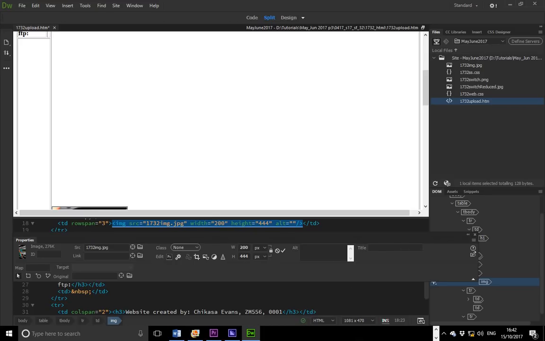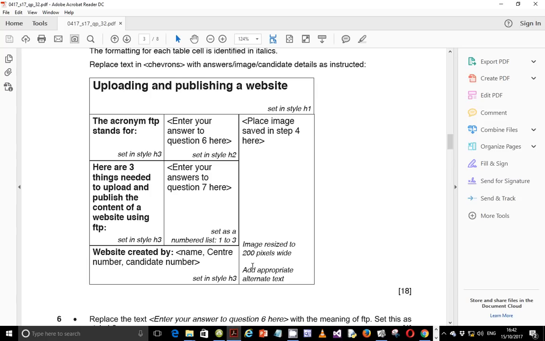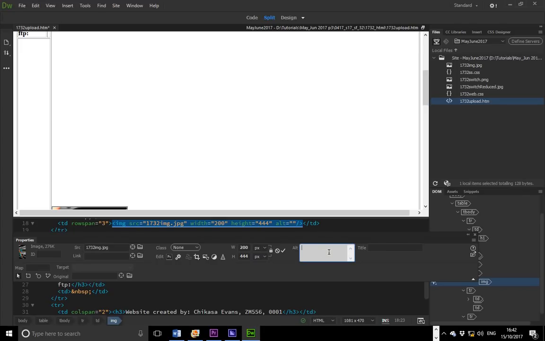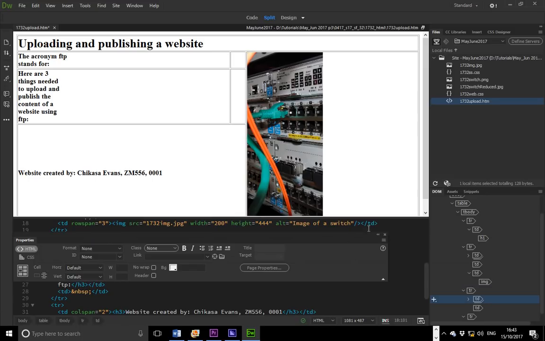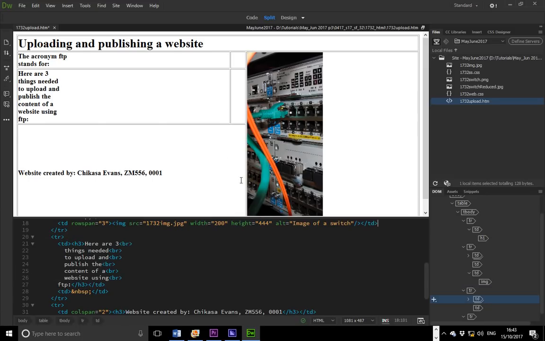Then the next thing that the question says is that we're supposed to add an appropriate alternative text to this image. Okay, so let's add the text right from there. So type image of a switch. Okay, this is a switch, image of a switch, and that should be perfectly fine. Okay, so the next thing that you want to do now is to just get away from here. Just click around the code and you should see that it adjusts perfectly fine. Next thing that we are going to do is to